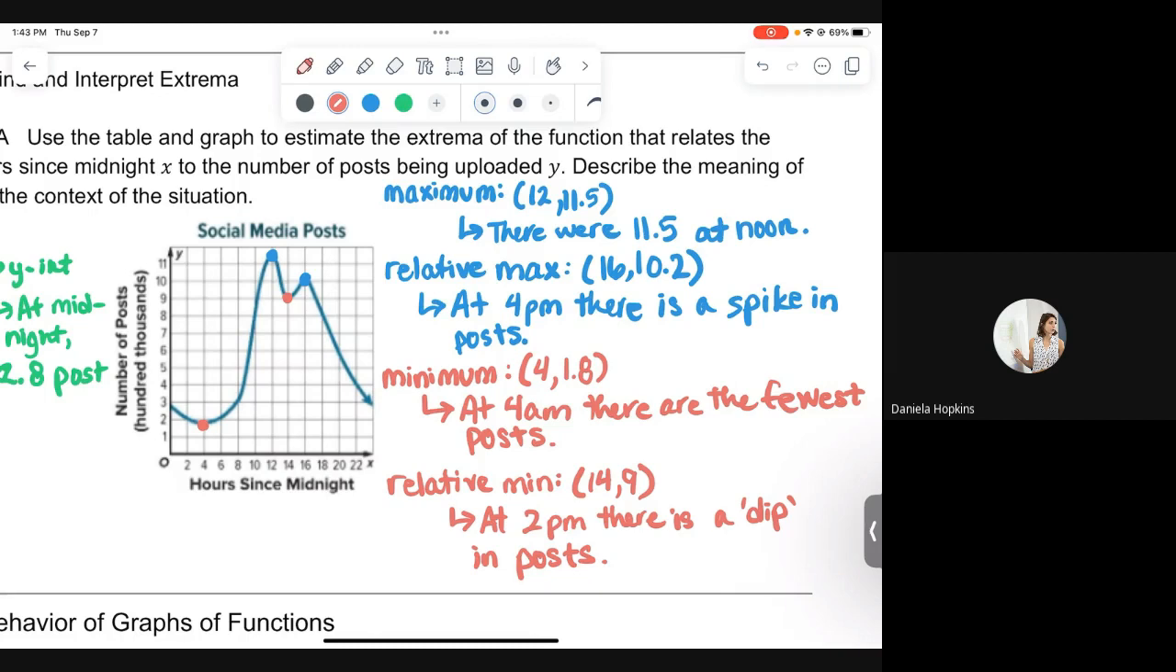Okay, so that's putting some meaning behind these extrema. Do you guys have questions about our extrema? I like saying that word. Okay, then